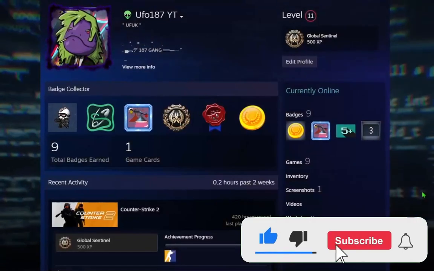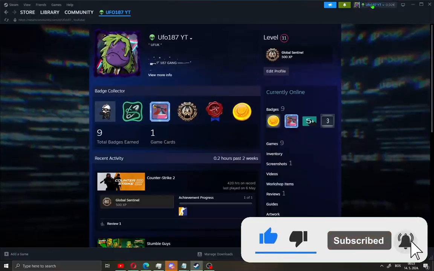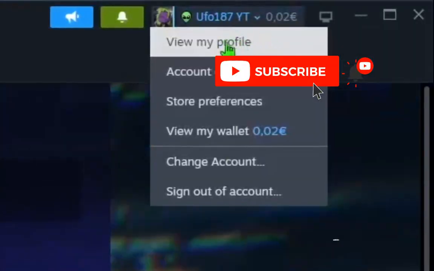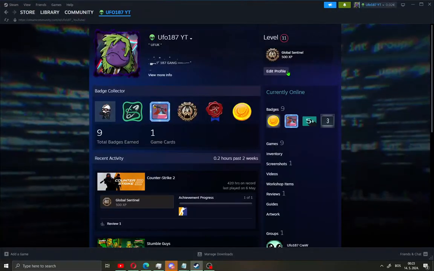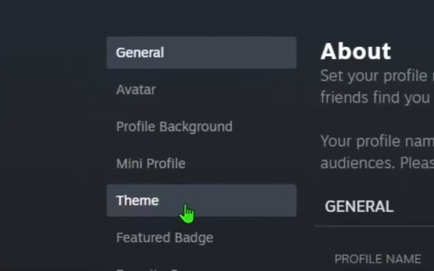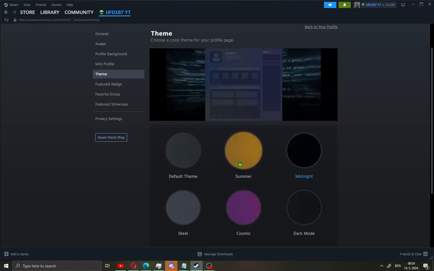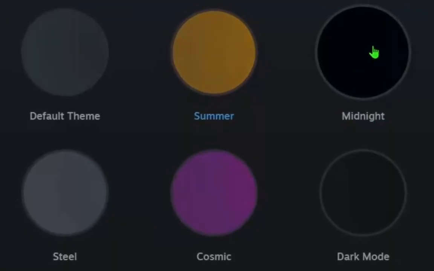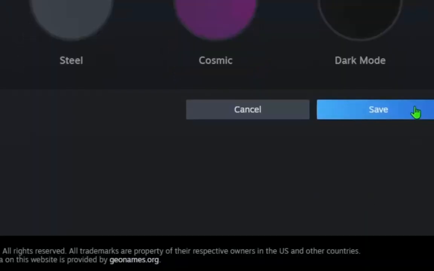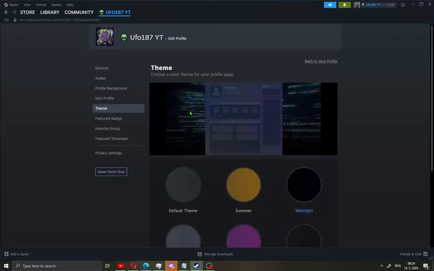All you need to do, guys, is sign in to your Steam and open your profile in the right corner. Click here, view my profile, and go here, edit profile, and you will see here theme. Click this and choose the theme you love, like summer, midnight or cosmic. And go here, save. If you want to get this profile background, just move it up, you will see profile